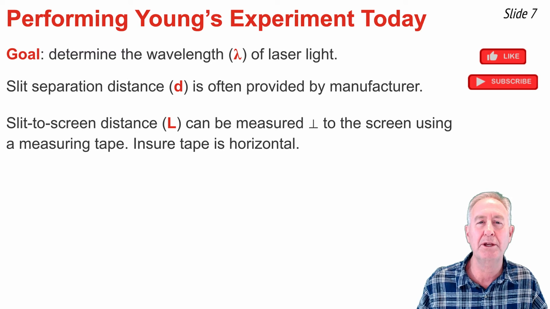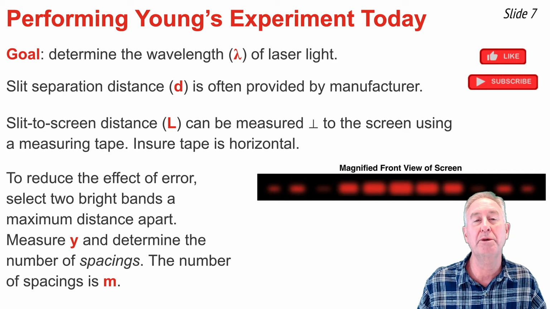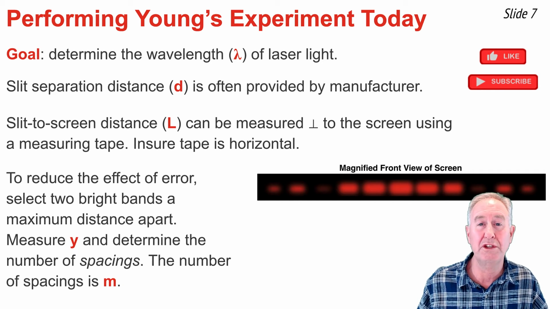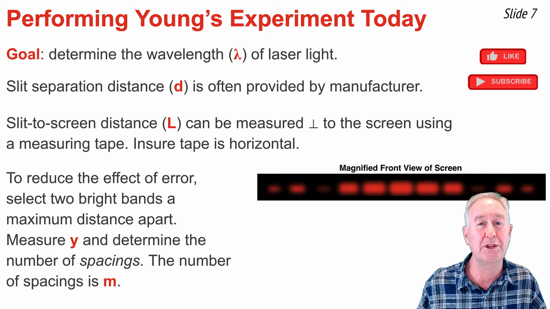Pull the measuring tape as tight as possible so it's as horizontal as can be. The values of y and m are determined on the screen. To reduce the effect of error, measure between two bright bands as far apart as possible. The value of y is what you measured, and m represents the number of spacings between the bands that you